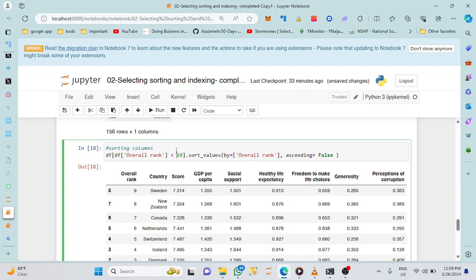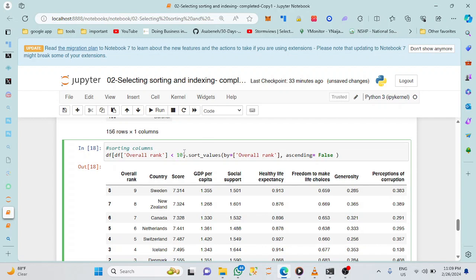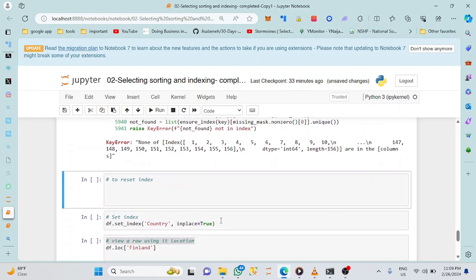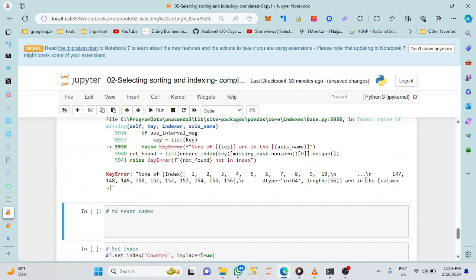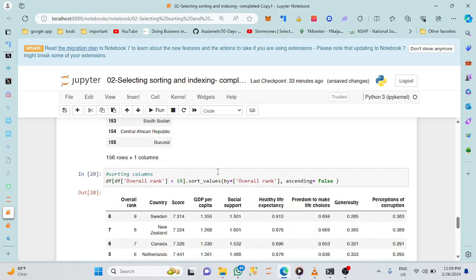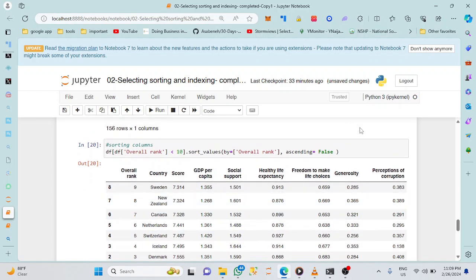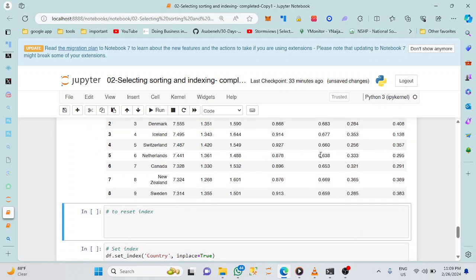Okay, so the error with it was I needed to actually filter my columns, my result first before I can sort it. I have to filter before I sort, right? So if I were to leave it like this, I'll get an error that is a non-count. So I have to first filter it before I can actually sort it. Okay, so this is now in descending order. And if I set this to true, it will be automatically in ascending order, right? Okay,